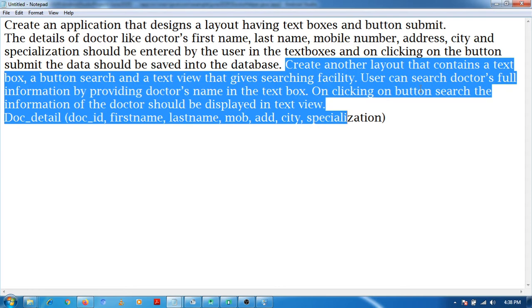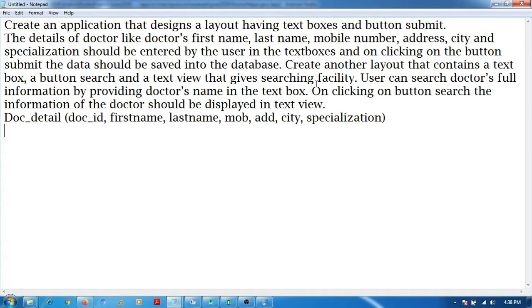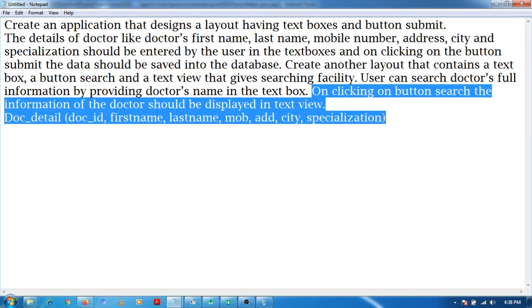So now our next goal is to provide the searching facility. In my previous video I told you that for providing this searching facility we will be using an options menu.